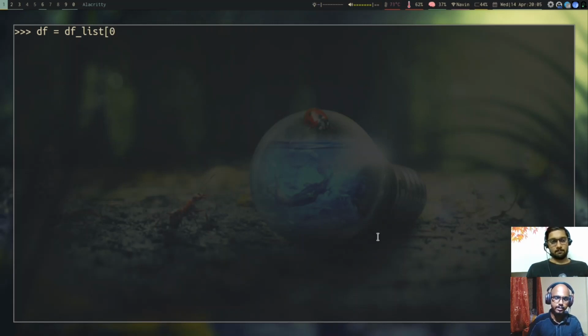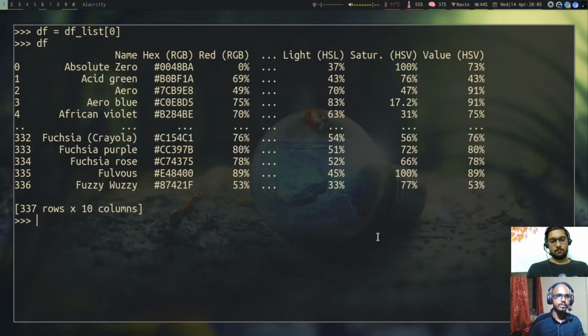In this case, it's a 0 index, that is the first element from the list. So if I now check df, it is a pandas data frame, which is a data structure that pandas provides. All right, now you can see that we actually got the table from the URL without doing anything special.